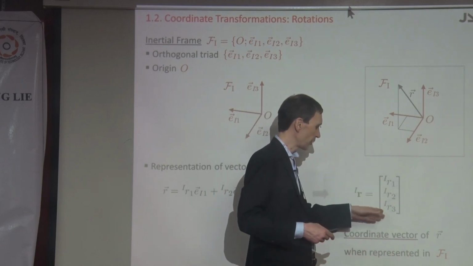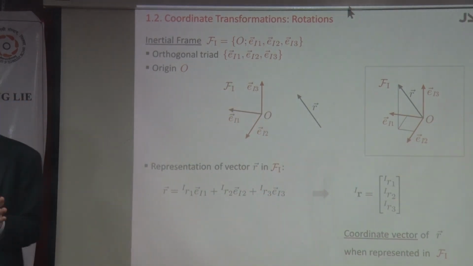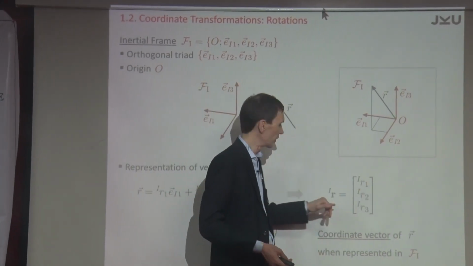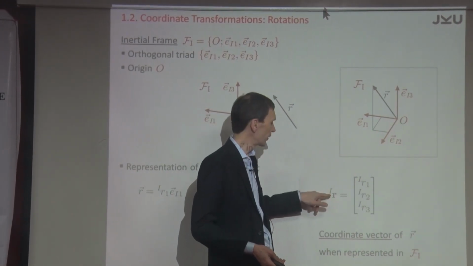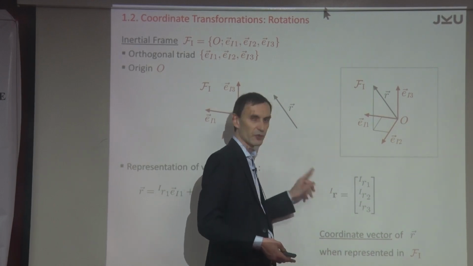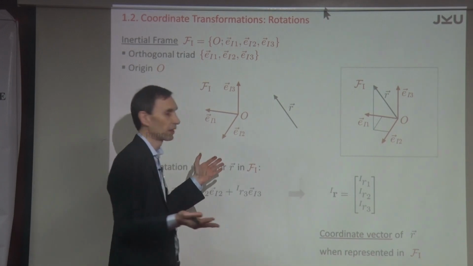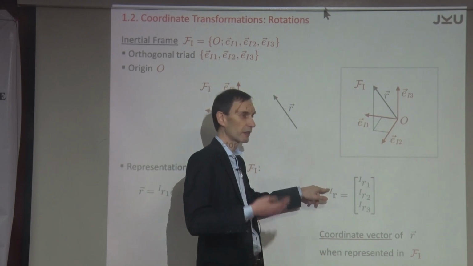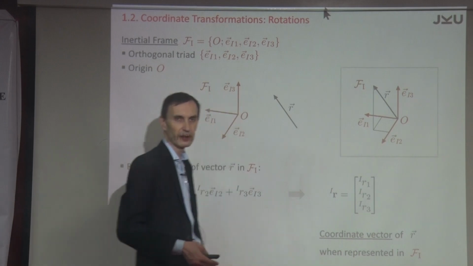So when you get the numbers, they have no meaning, unless someone tells you what they mean. That's clear, I guess. But in order to say what they mean, we use a leading superscript to indicate the frame in which these components are expressed. So when you have a vector R, I can express it in different frames, but I have to say in which frame. To say these are the components when I represent this vector in the frame I, this is the three-component vector,